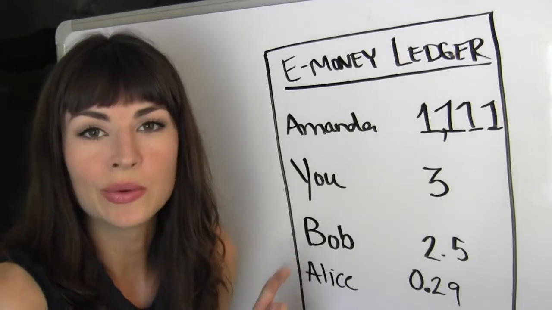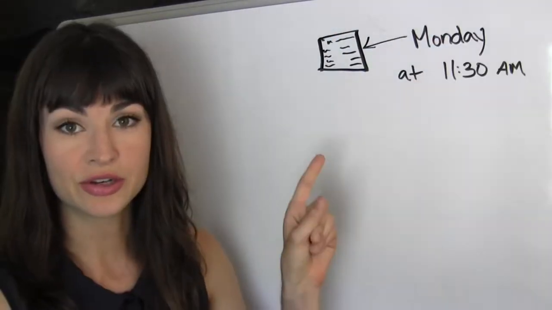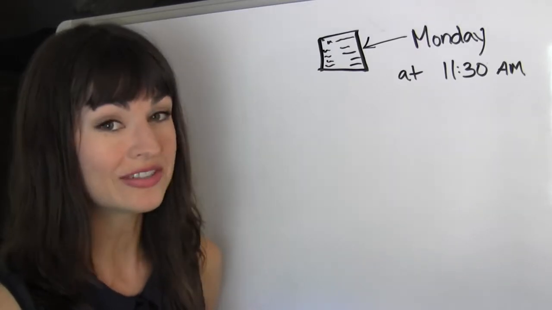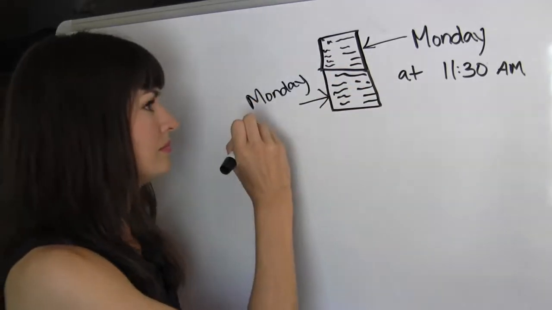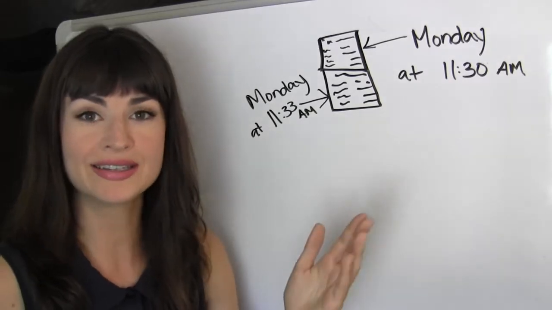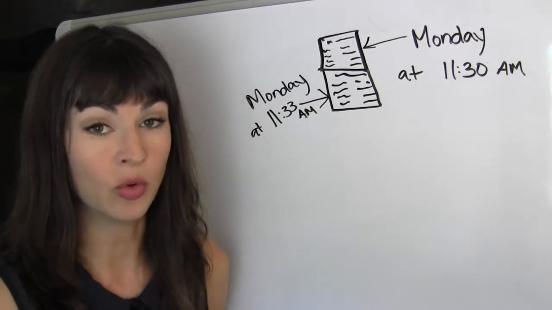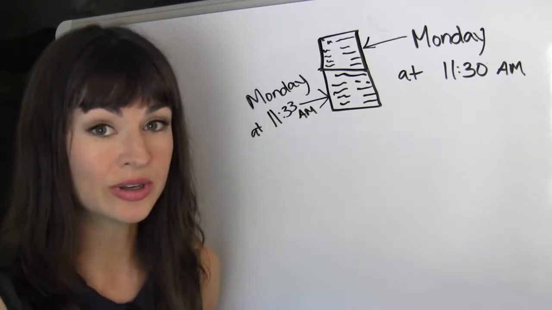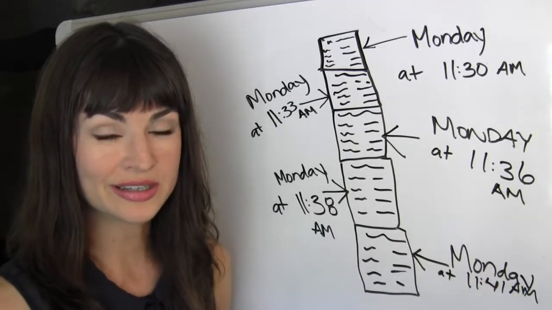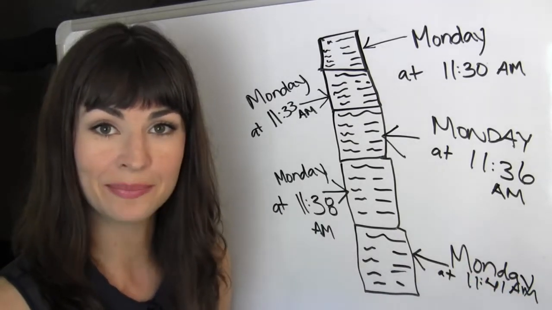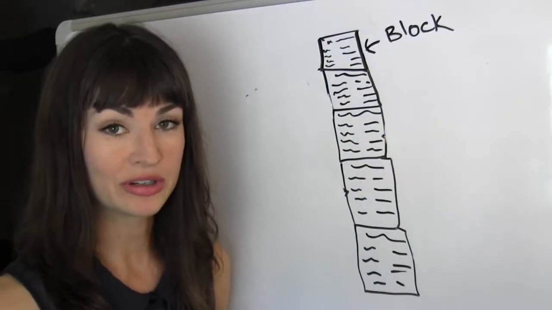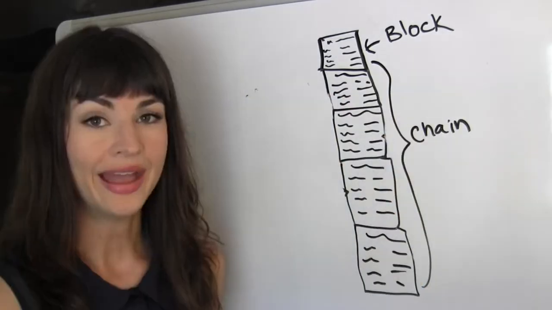Let's shrink this down. Here's that shrunk down copy of our ledger, and it's time-stamped. If we want to change who owns what, we have to add an update. And so on, so that anytime I, you, Bob, Alice, or anyone using the e-money system wants to send some e-money, it gets included in an update. After a bit, you start to see where this digital ledger gets its name. Each update to the ledger is called a block, and the cumulative result of this is a chain. Hence, blockchain.